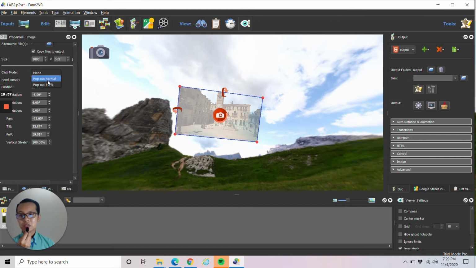First, let's try pop up normal. What is the effect of this pop-up normal? We can check it later. Select pop-up normal and then hand cursor. Hand cursor here is if you want to have the effect of the hand cursor when the user is using the mouse and mouse over this image, there will be a hand cursor popping up. This looks like you can click on this. So I want to have that hand cursor effect, so I click at this hand cursor,